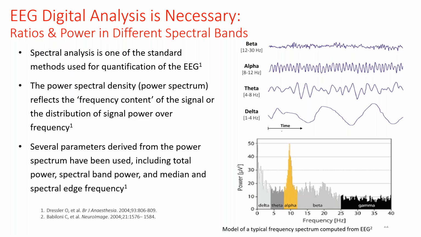And I like to break alpha down really into alpha 1 and alpha 2 because they really are different. The slower alpha, 8, 9 hertz, is really different than that of 10, 11 hertz alpha. And then there's beta, faster frequencies. Again, betas can be broken down into beta 1, beta 2, beta 3, just to chop up that frequency range even further. And you can see in the bottom right, the FFT has that chopped up for you, kind